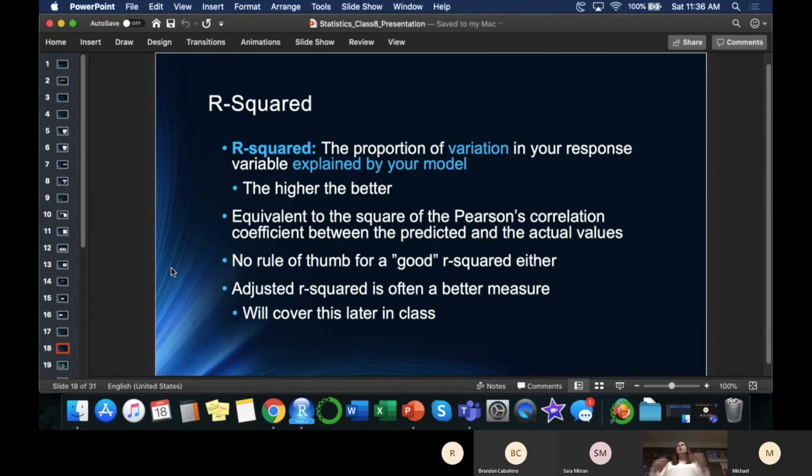And again, there's no easy cutoff here. It's going to depend on